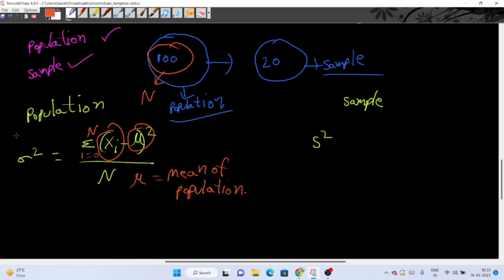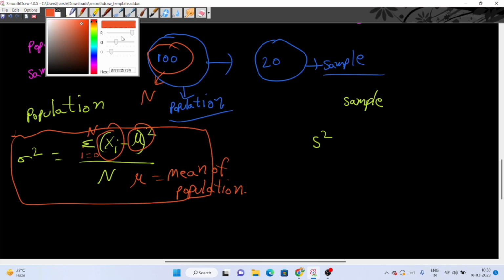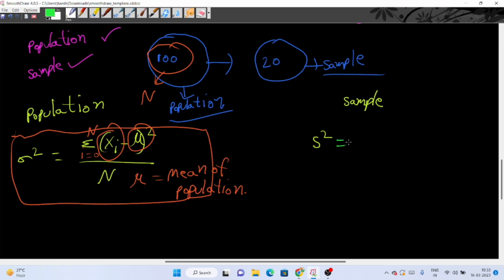So this is the formula to calculate variance of population. But coming to the sample, we will encounter a different formula. Here also, first of all, we will use S square as the variance of sample rather than sigma square, which is used for population. So here also, we will have